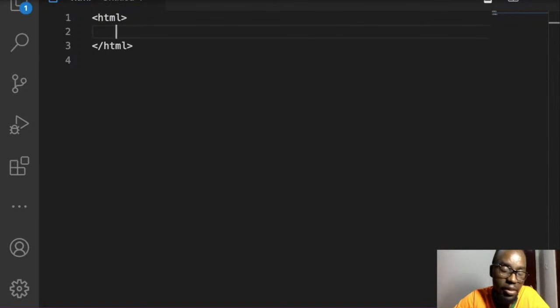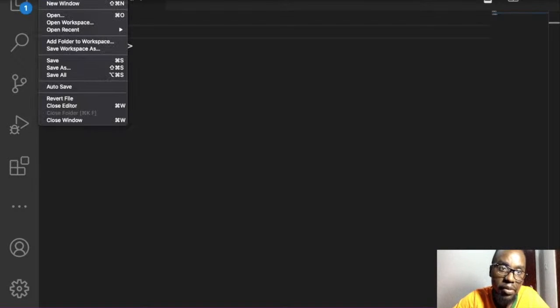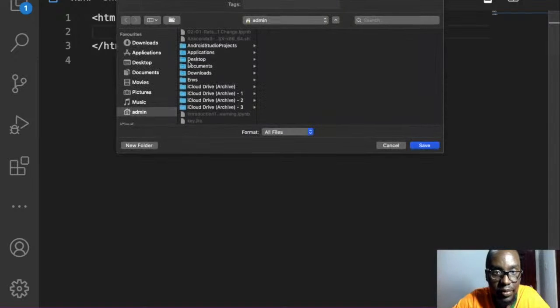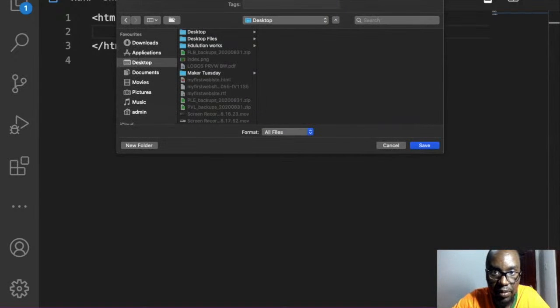Now we need to save our website. Whenever you type out something, whether it's with Microsoft Word or anything else, always save your work so that you'll be able to see the information. So File, Save. I'm going to save it on the desktop, and I'll just call this one first website